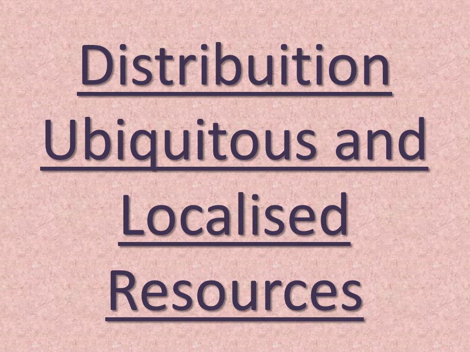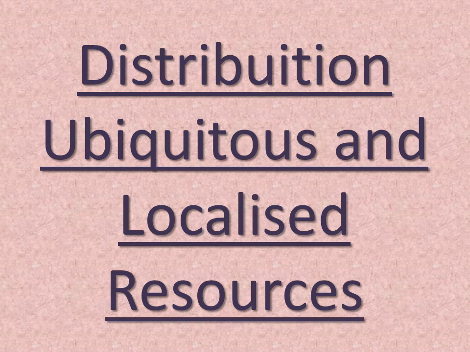Electrical energy will come in localized resources, which is not found everywhere, जो हर जगह नहीं पाई जाती चीज़ें. कोल है, पेट्रोलियम है, इलेक्ट्रिकल एनर्जी है, ये सारी पाई जाएंगी आपको अलग अलग जगहों पे, जो हर जगह नहीं होती. They come into the category of localized resources. Let's revise them. Ubiquitous are found everywhere, but localized are not found everywhere.